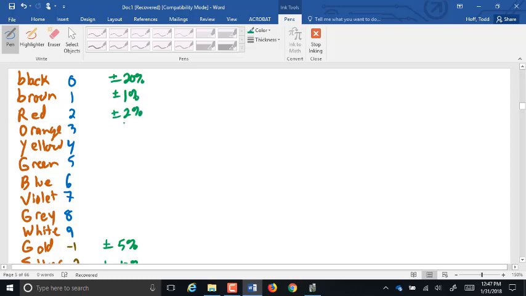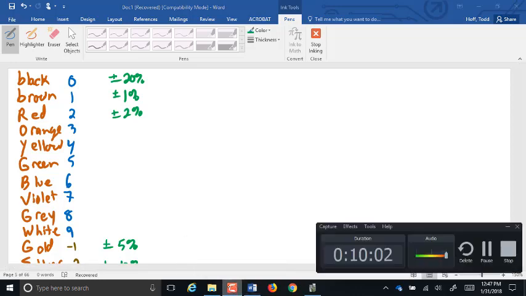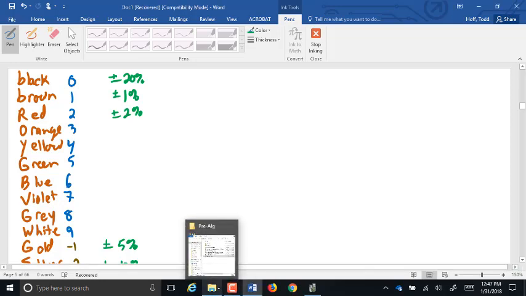A lot of people don't realize that there are brown and red tolerance bands. Those are pretty much military grade. You don't see those in many electronic applications, just because they're very expensive to make. So anyway,